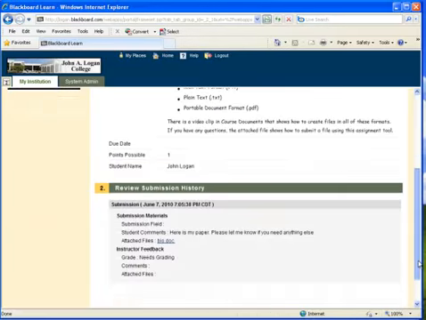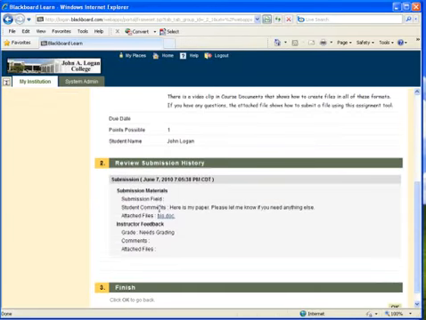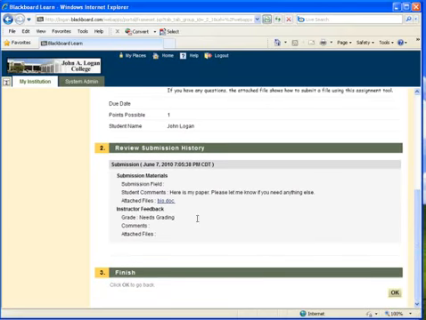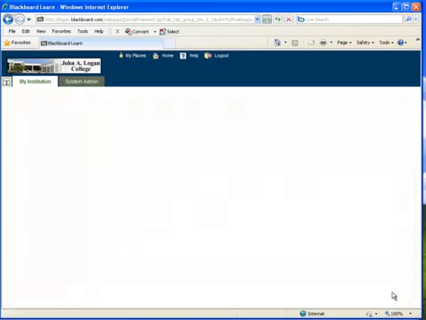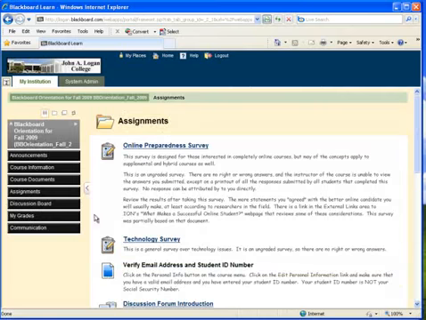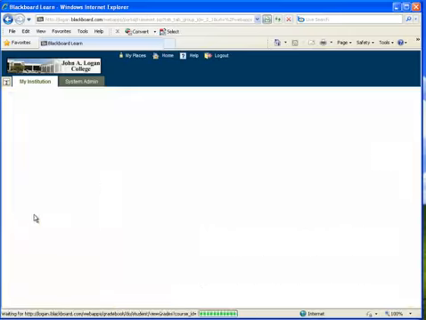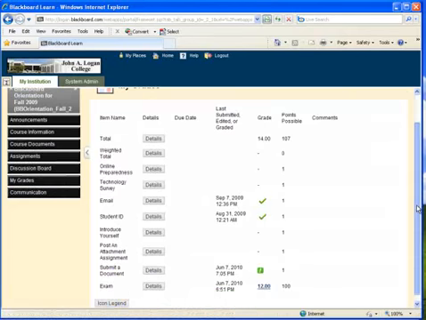And it shows here what I've submitted. So if I come back into that assignment, I'm going to see that I have submitted it. It's going to let me know when it was submitted, and I can go ahead and click OK to exit that assignment. Now if I go into the My Grades area, I'm going to get a list here,